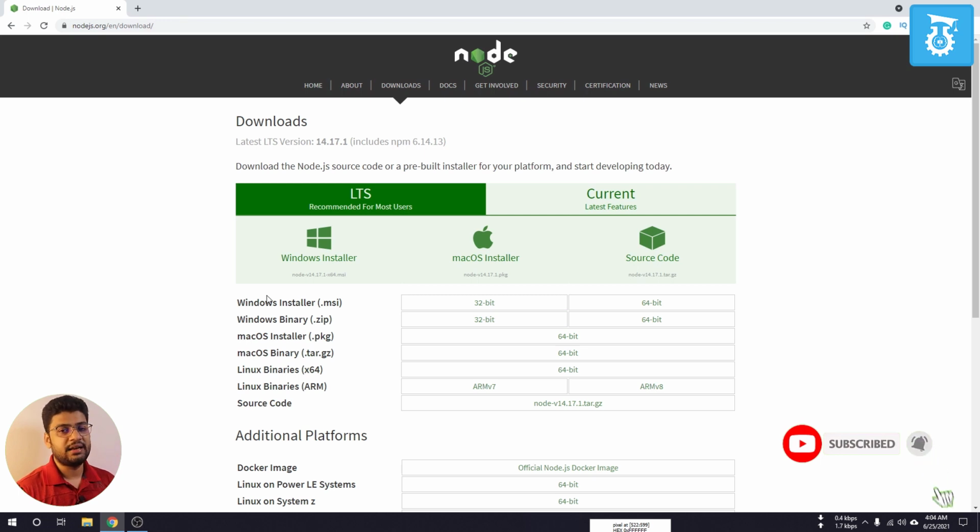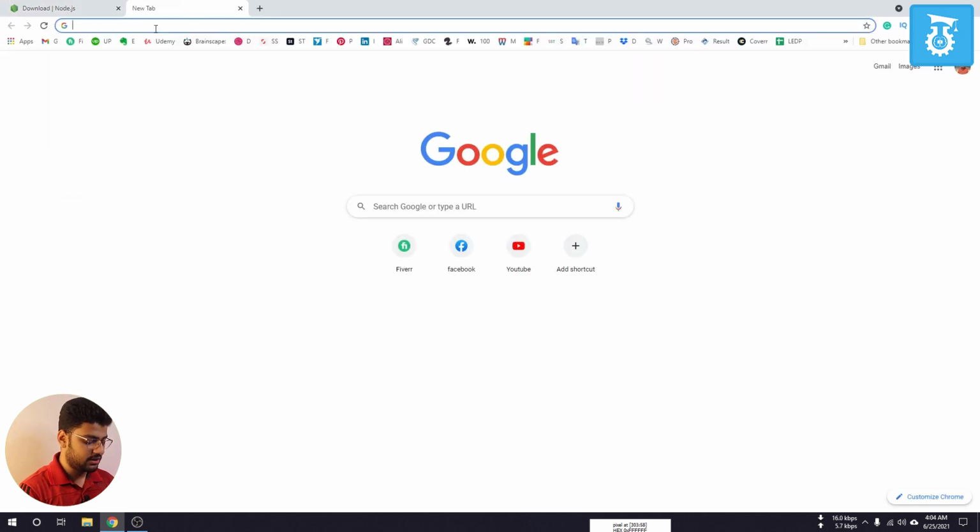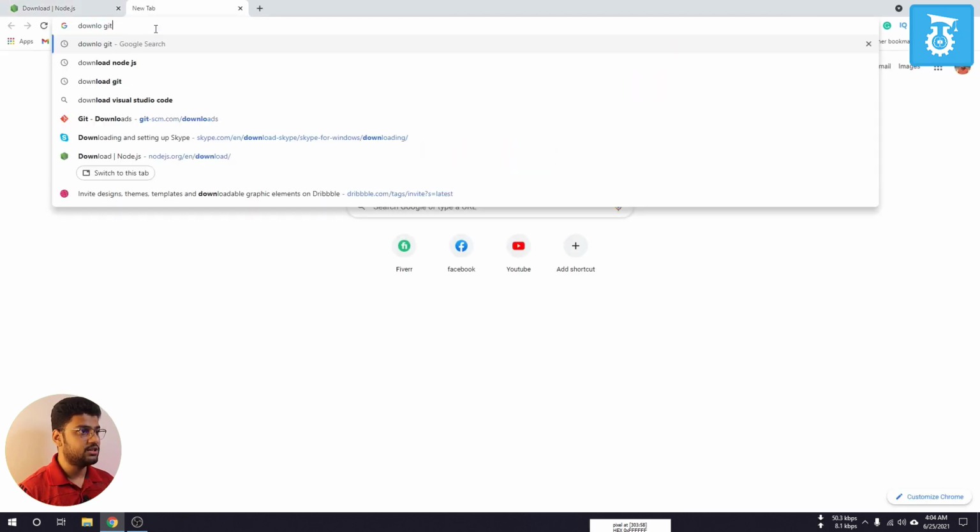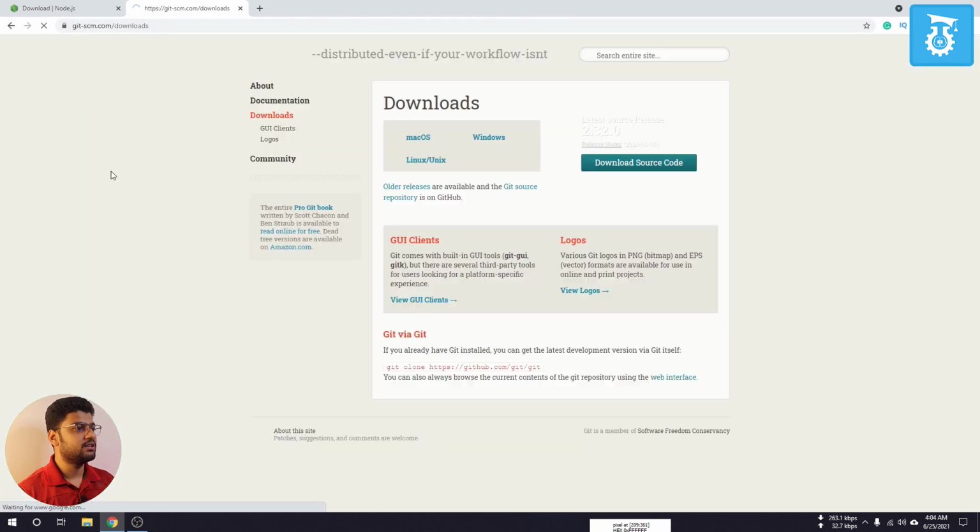Another thing you need is a terminal. If you are a Mac user or Linux user, your terminal will be bash or zsh. But as a Windows user, you need to download another thing, and that is Git, so that you can have the bash terminal. Also for working with npm, it's actually recommended. With PowerShell it will be difficult for you, so I need to download Git. So I'll write here download and then Git. So you can see this is the link,